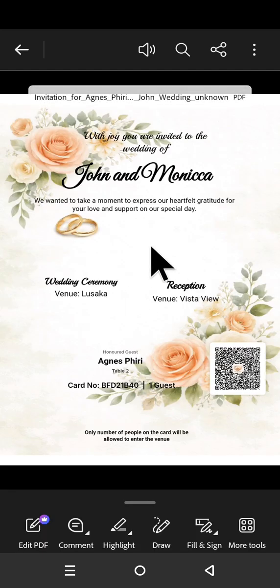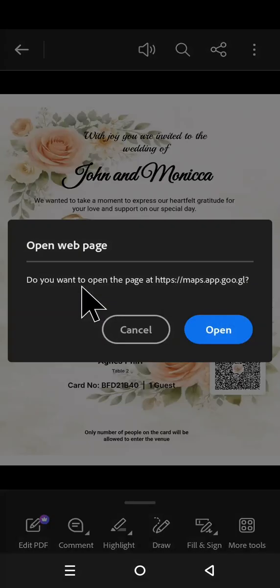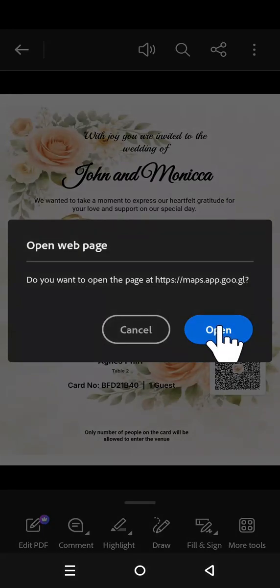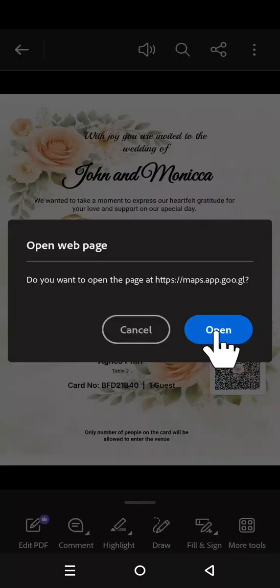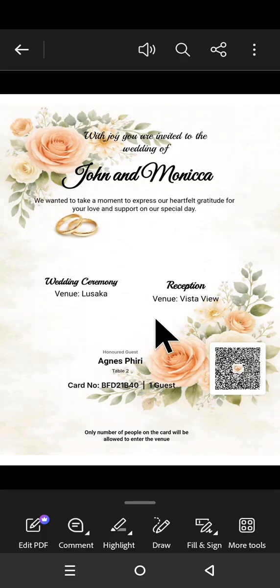So with that feature for adding guests, those who receive invitations in PDF can open the Google links, and can also open the reception links. The reception is on this side. So you just have to make sure you add the links, and those who have the PDF can open the invitations. Also, I want to highlight that if you share a PDF invitation via WhatsApp,